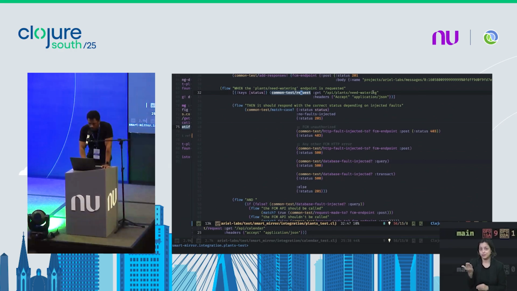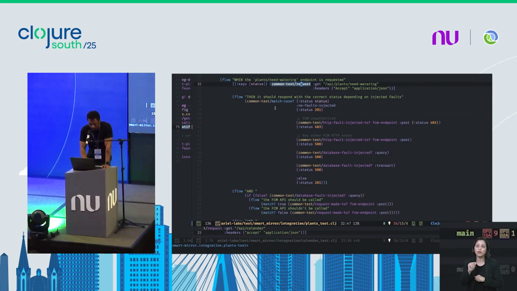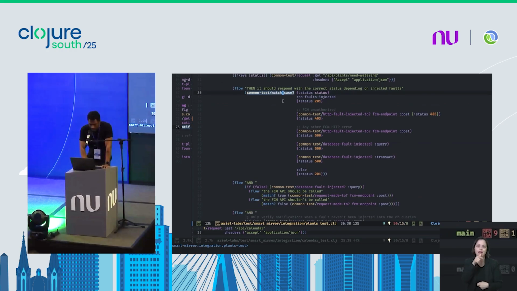When I make the request to my own endpoint, so I'm testing this endpoint, plants need watering, I have this weird function here, match case, that actually does pattern matching with the response that we get and the system state. So if no faults are injected, it should work as expected and return a 201, HTTP success, that's great. However, if the FCM returns unauthorized, so I have this auxiliary function here,